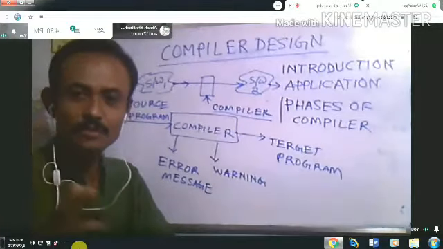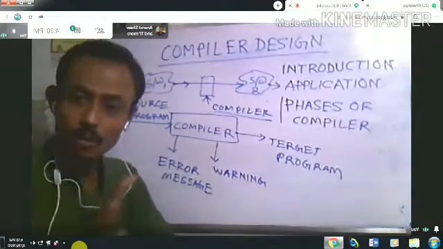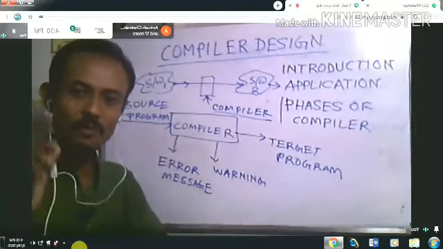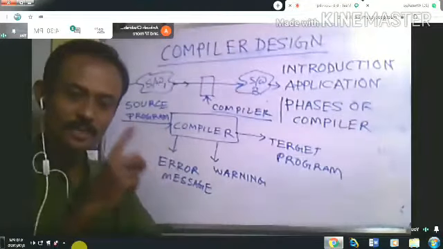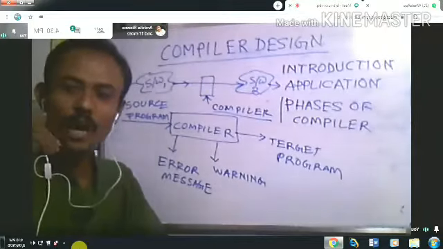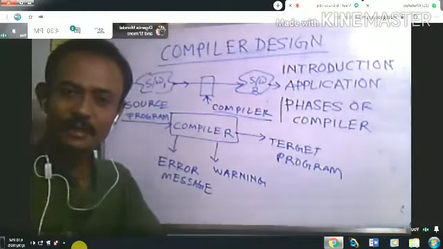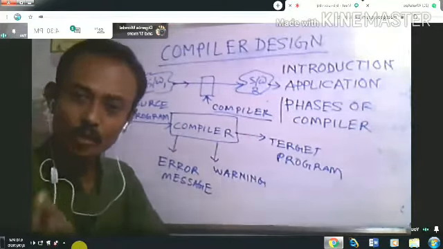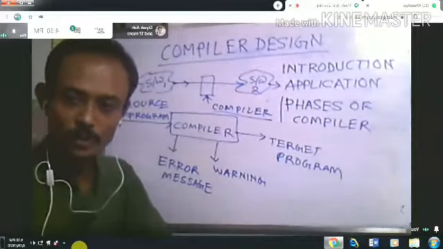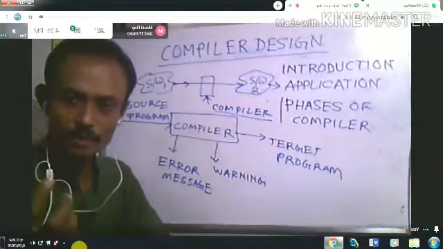So in this way, in real life there are so many compilers used. That's why, what is our subject? Our subject name is compiler designing. So how to design a compiler? If you can understand that thing, then you also can design your own compiler in your own application. It may be writing a new programming language or something else, but it's really not so easy.